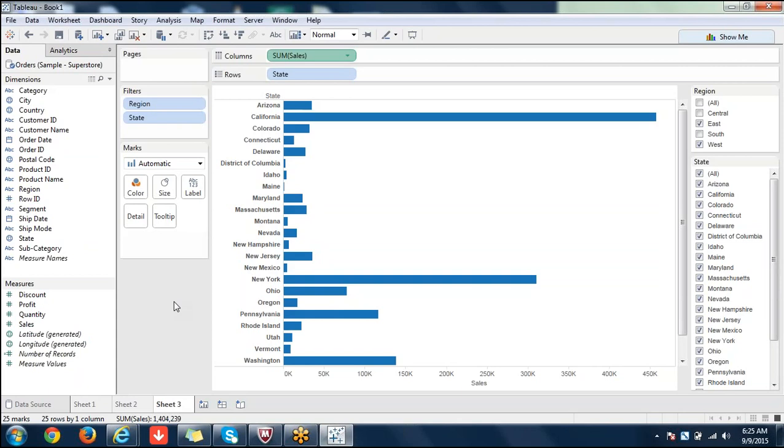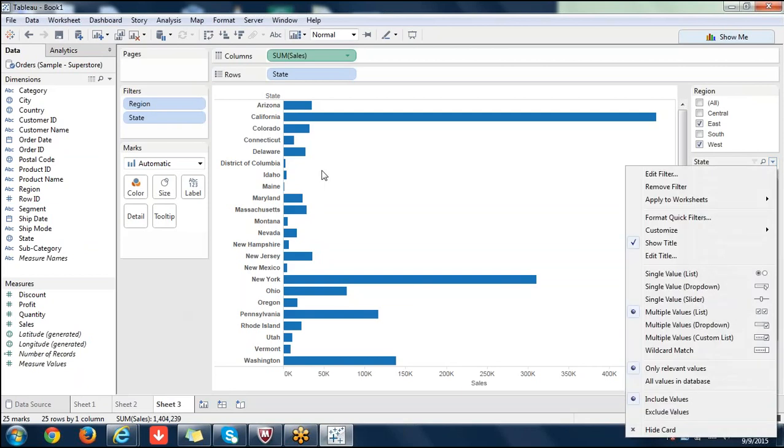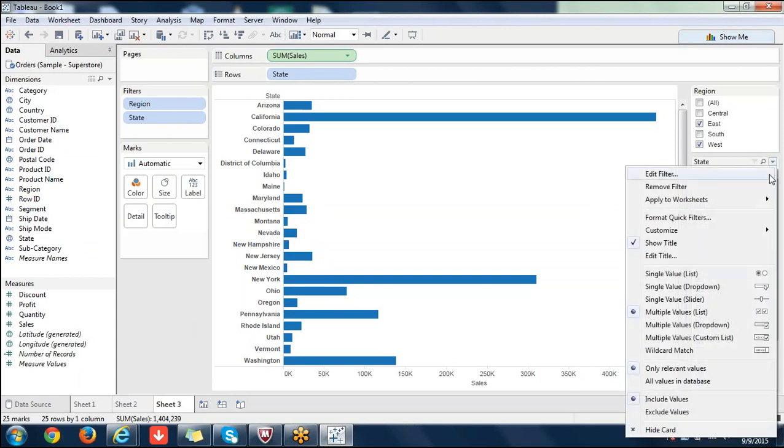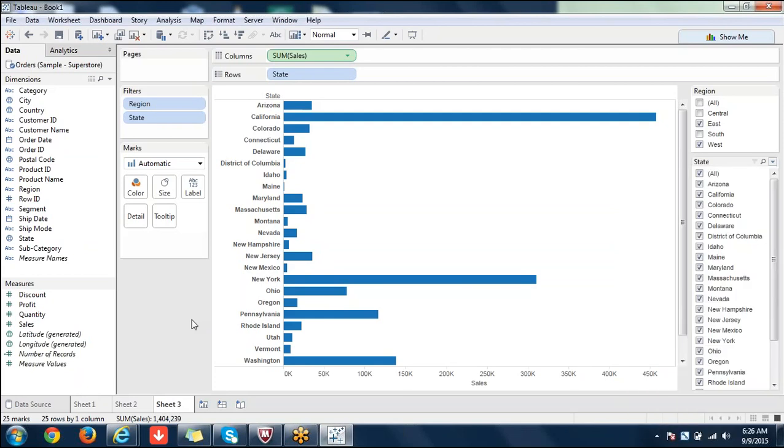Point to be noted: this is called cascading filters. The purpose of only relevant values is cascading filters, and cascading filters and context filters functionality-wise don't have much difference at all. There is no difference. You add it to only relevant values or you add it to all values in context, no difference, as long as there is a relation between two filters.